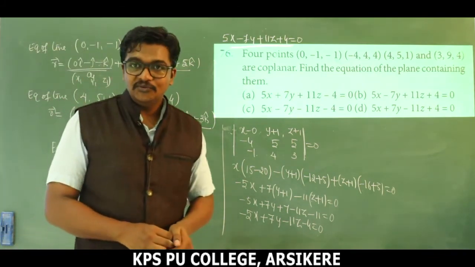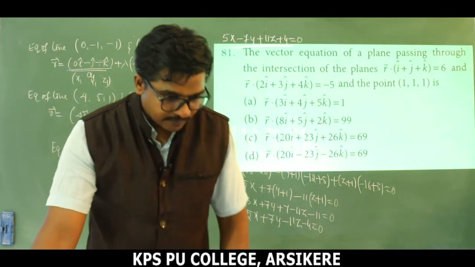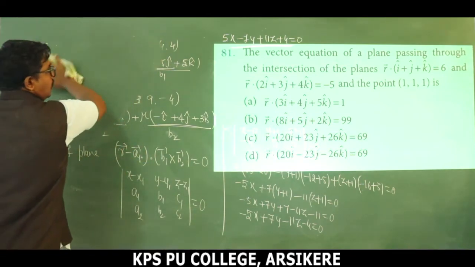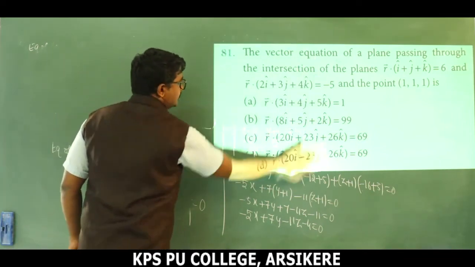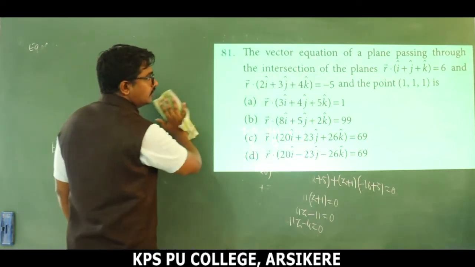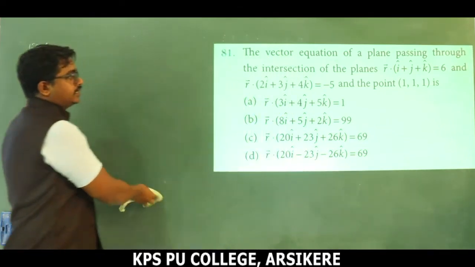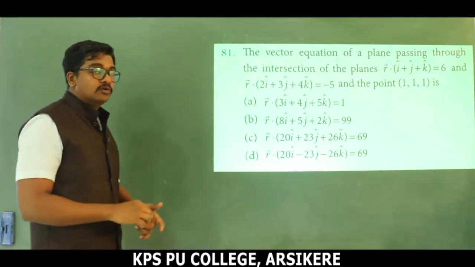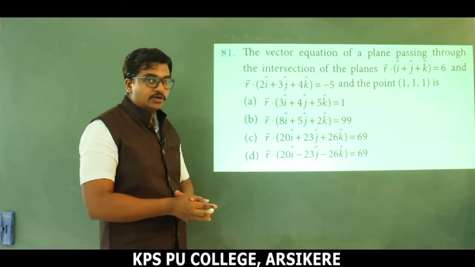Next, dear children, we are moving to the next question. Next one, look. The vector equation of the plane passing through the intersection of the planes vector r dot (i cap plus j cap plus k cap) is equal to 6 and vector r dot (2i plus 3j plus 4k) is equal to minus 5,